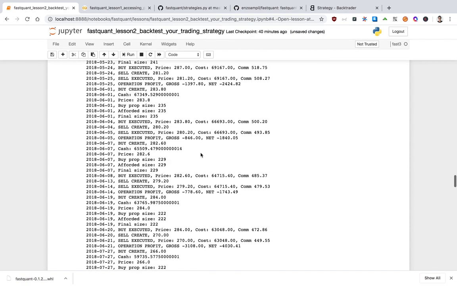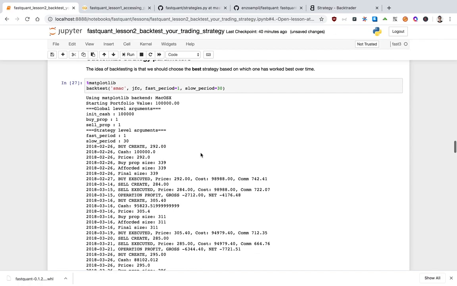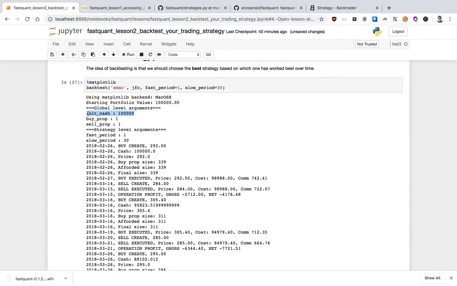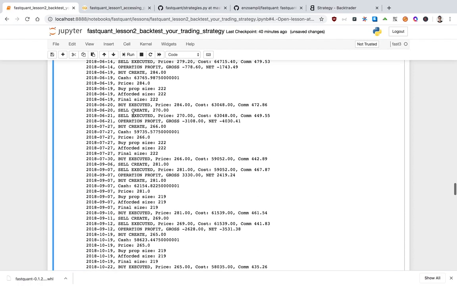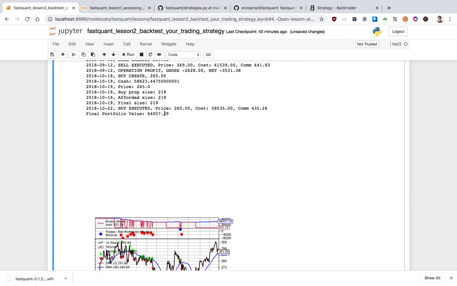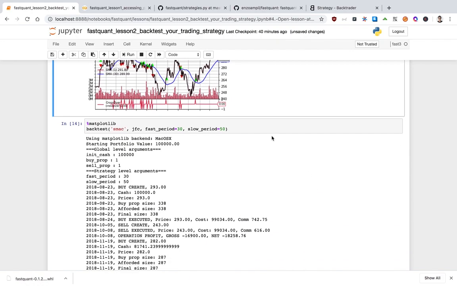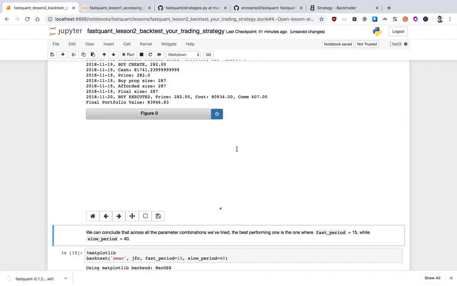And unsurprisingly, you'll see that a lot of transactions occurred. We started at 100,000 cash, and then we ended with a portfolio worth 64,000. So we essentially lost 36,000 pesos in that case, which is obviously something we don't want. And then here we try out a 30